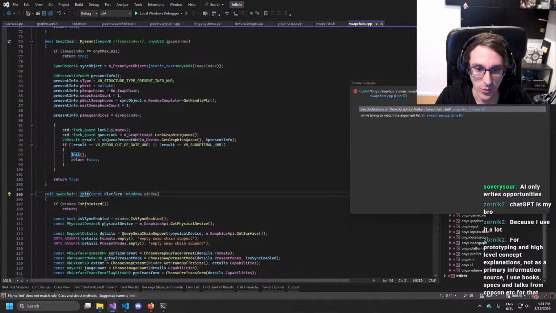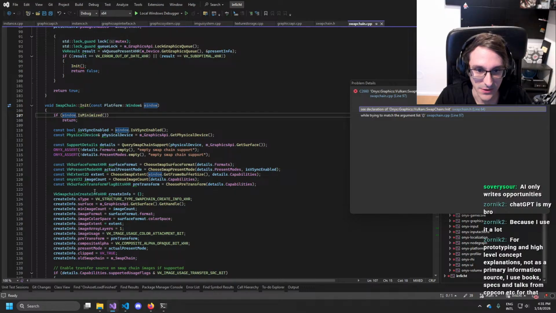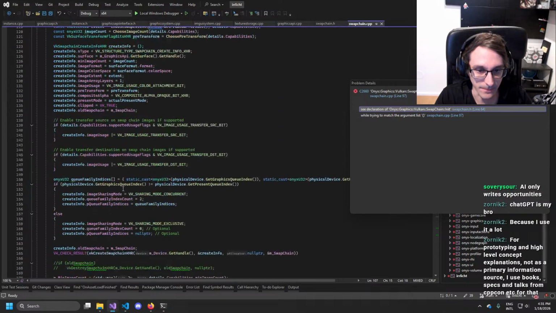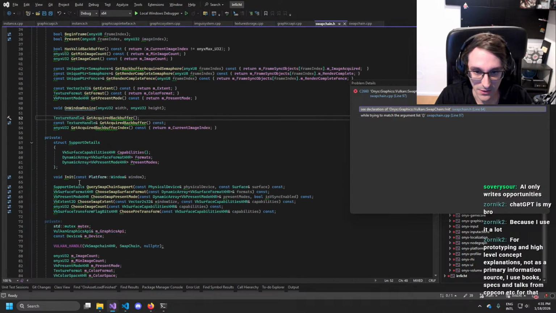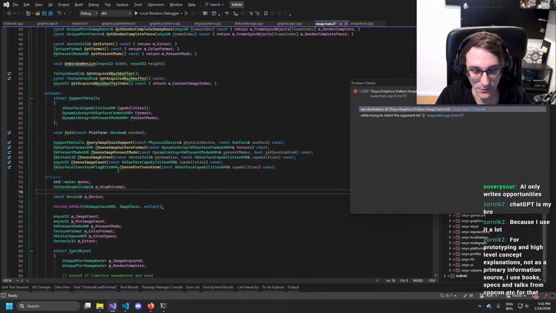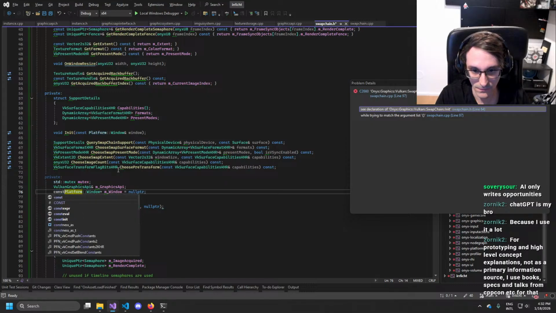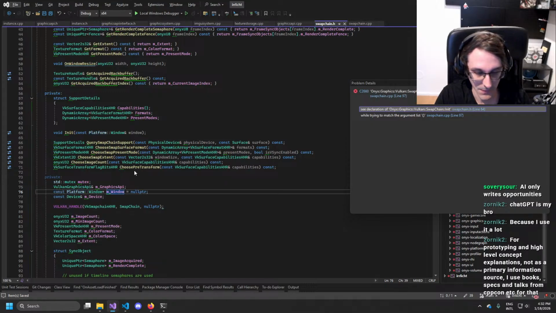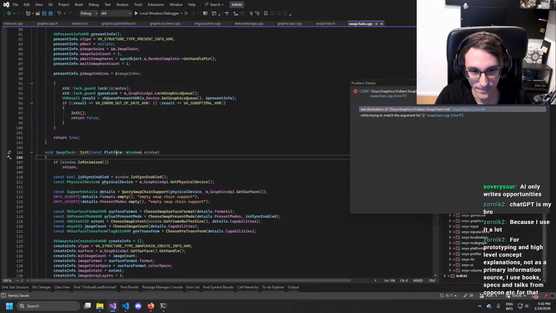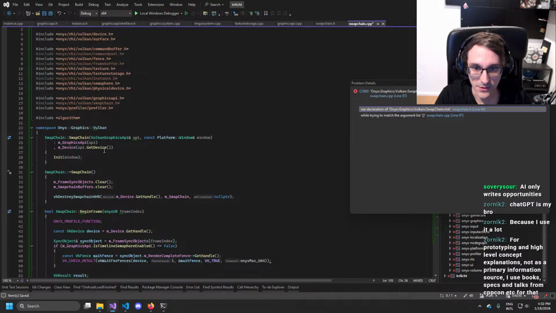Why do I need the window again? Just for the minimized? No, for more stuff. Yeah. Okay. So I guess what we will do is we store the window here. We actually do that.